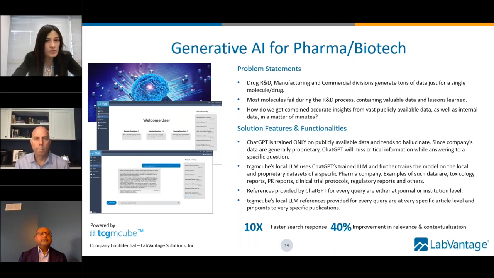The value proposition here is huge. We are looking at 10x faster responses on our document searches. Also, we will be significantly improving the relevance and the contextualization of the information presented by the search. So let me take you through a short demo.